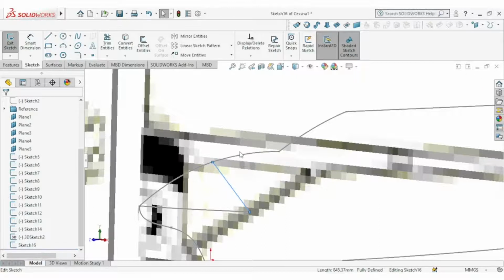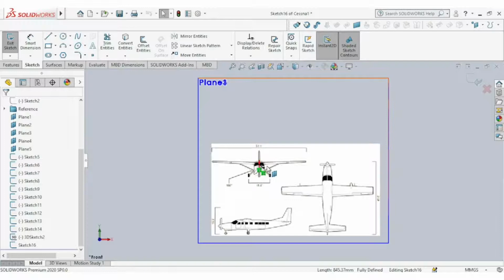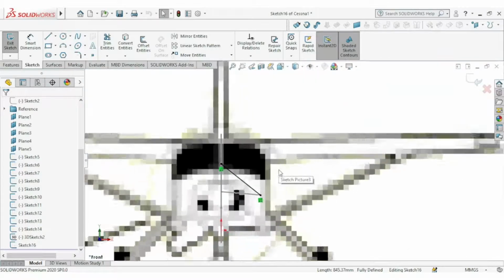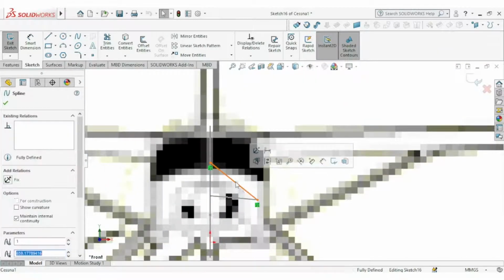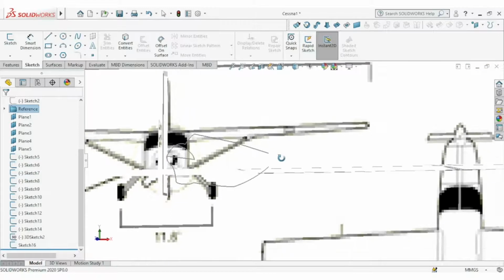Select this, go to the front view, and adjust the curvature. As you can see, we are just going to create a profile for one part. After that, we shall be able to mirror it.